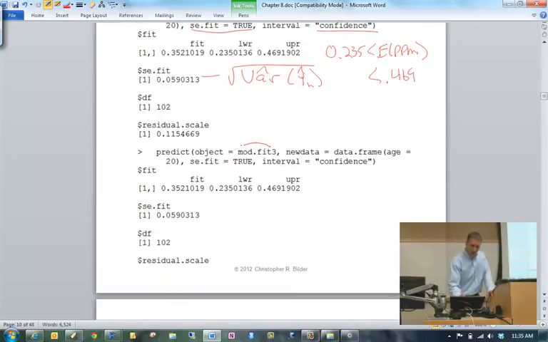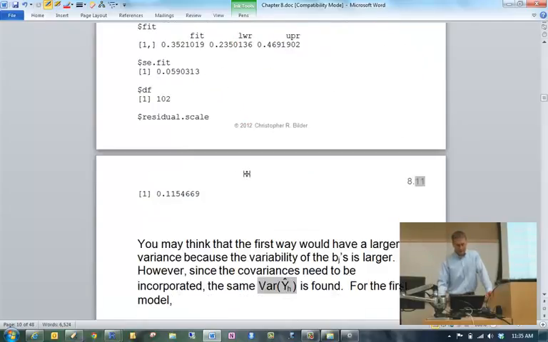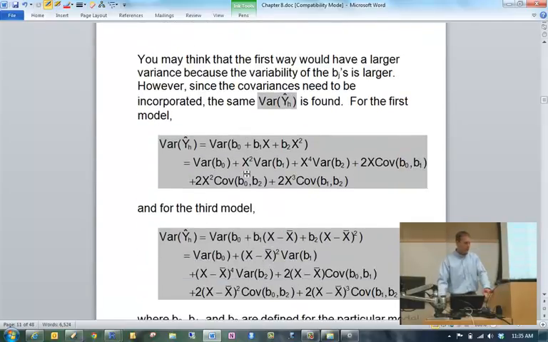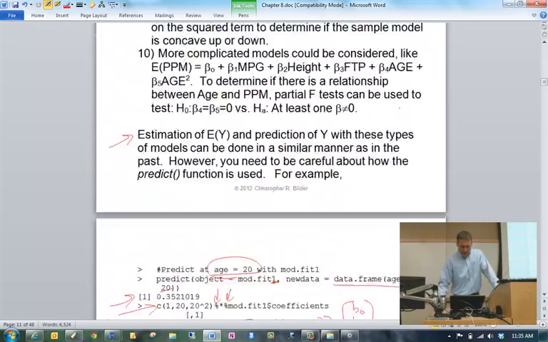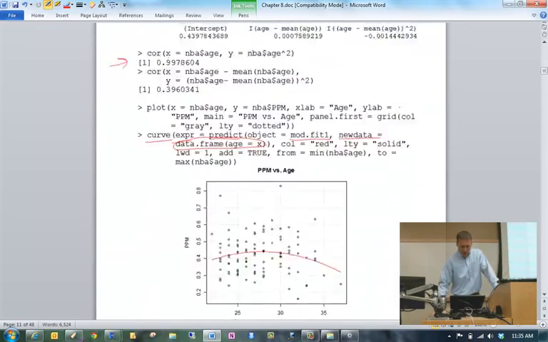If you work with the transform variables with mod.fit3, of course you get the same result. To do a prediction interval, change confidence to prediction. Okay, questions? Another thing I want to do with comparing these two different ways to estimate our model, with and without the transform variables, is go back to our original set of output.